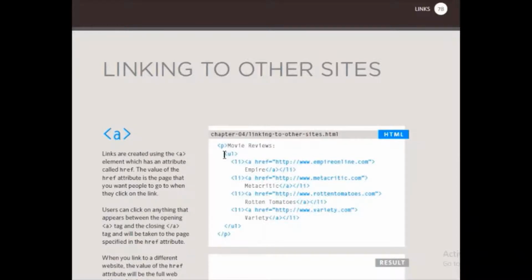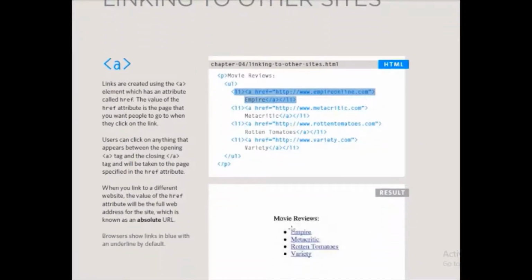Here is the code. Here you can see that multiple tags have been used. The unordered list has been used, and we are making bullets, and inside the bullets we have hyperlinks. So the first hyperlink is this. If I click Empire, www.empireonline will open, as you can see here, Empire. If I click Metacritic, the website www.metacritic will be opened, and so on. And as we have given this inside an li tag, it will appear inside the li tag but as a hyperlink. So here what we are doing, we are connecting our page to different websites.